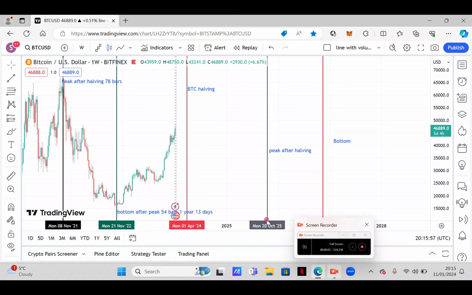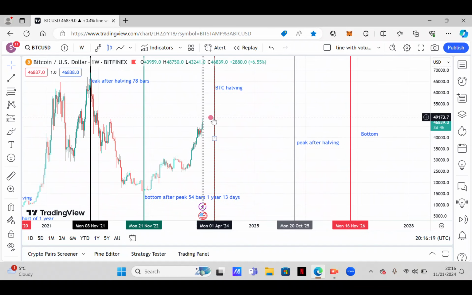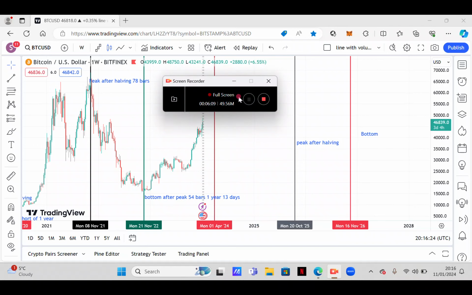So I will keep those in mind, and if something considerable happens at the peak, when it's scheduled to be the 20th of October 2025, I will keep a reminder. I will stop sleeping and keep an eye on it, and I will be ready to pull the trigger. I hope this helps, and have a good